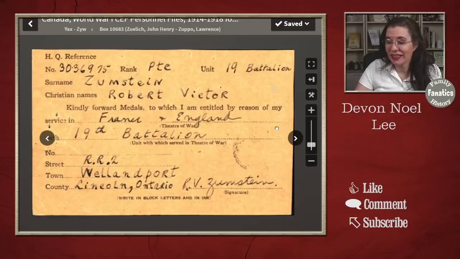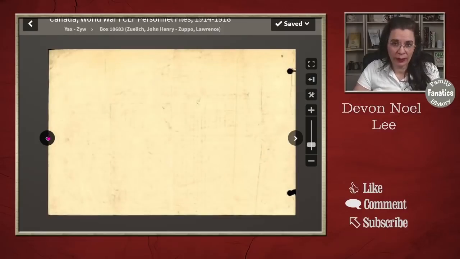So the next thing that we should do, remember I said you can't just stop here and think, oh, that's great, I saved it to my family tree, we're going to move on. No, I want you to always get in the habit of going a page forward and a page back or more. So we're going to go a page forward and we have a blank page. Not very helpful. Should you stop there? I hope you're hitting the no icon in our emojis, but we're going to go one more page just to ensure that I'm not missing something.